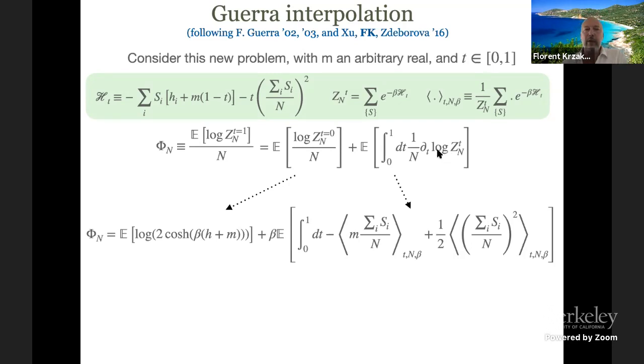The second part is a bit more tricky. You have this derivative of the log. If you remember, when you take the derivative of the log, you start to see Boltzmann averages appearing, and so you start to have this thing here, and you have this nasty expression, and we have no idea how to compute this, right? I mean, this is essentially the expectation of the average value of the variable at finite t. So for this whole problem, n beta. So we need to know it here. And then I need to integrate it.